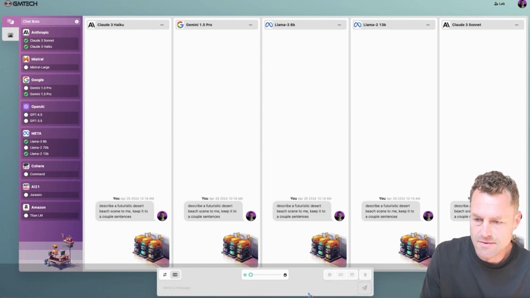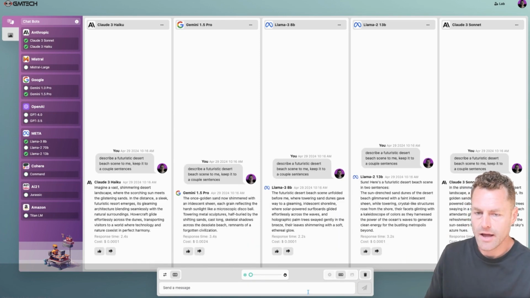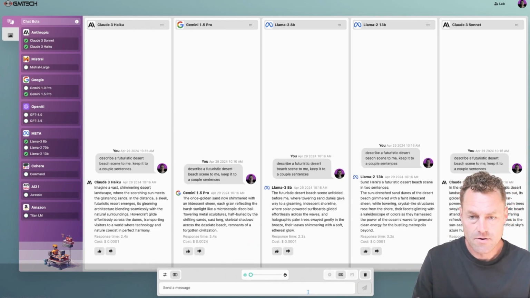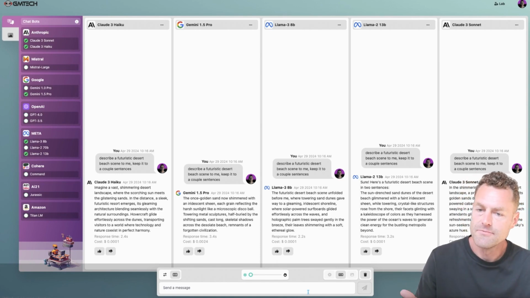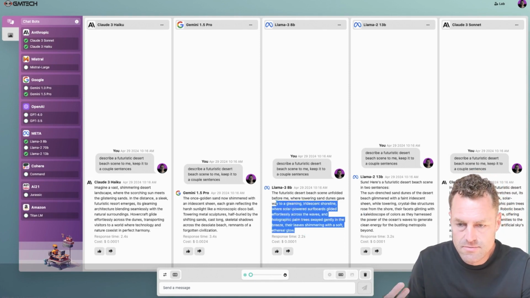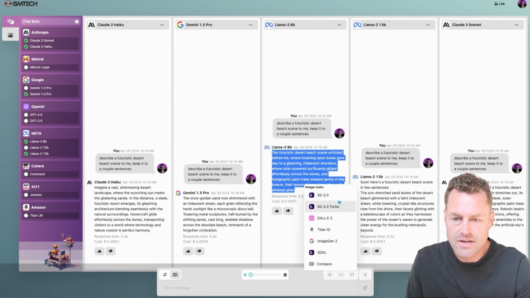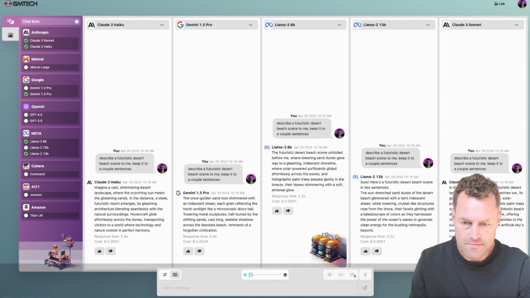So what I'm doing here is I'm telling it, describe a futuristic desert beach scene to me and keep it to a couple sentences. So rather than me just inputting futuristic desert beach scene into an image generator, I've asked all these models to imagine that for me. Then I can take their response, feed it directly into all the image generators using